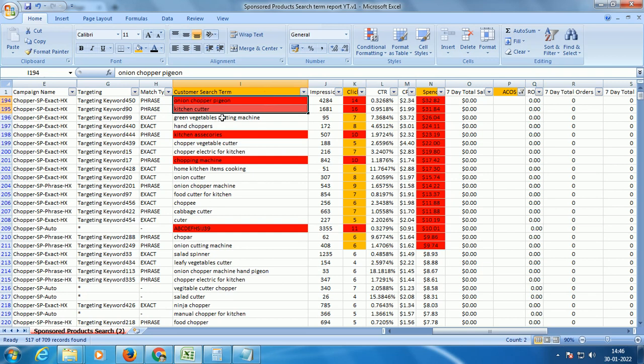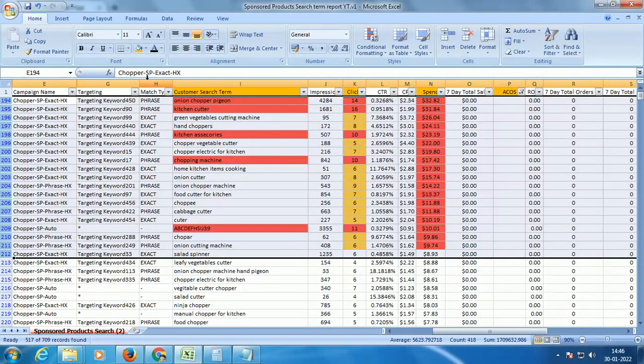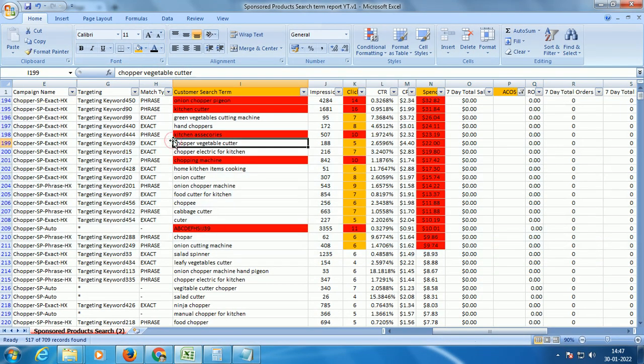On the remaining ones, I checked whether those search terms are related to our product, and then I said we are going to wait for some more time. Since we did not receive so many clicks, since the impressions are low, we will give it some more time, right? So this is all you need to do on this sheet. The takeaway is that you are going to negate 4 search terms and 1 ASIN from the corresponding campaigns. Cool. Good. So we are done with this section, right?